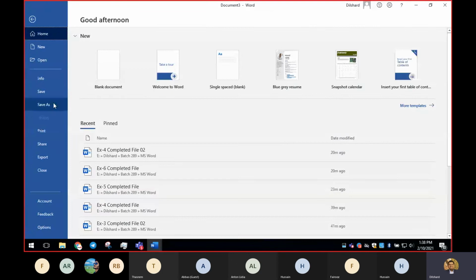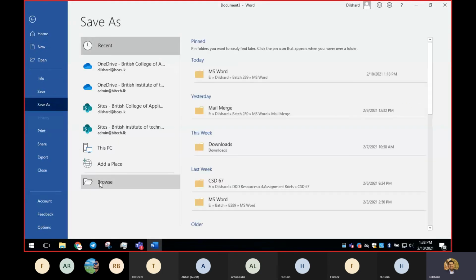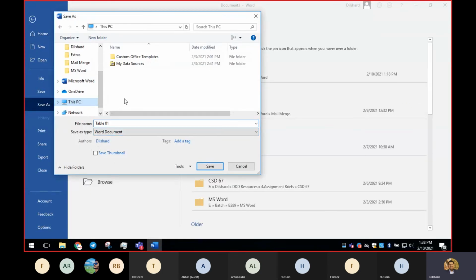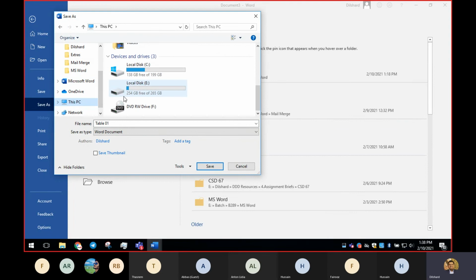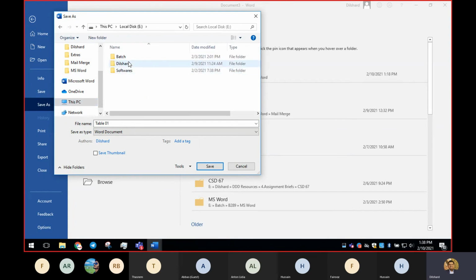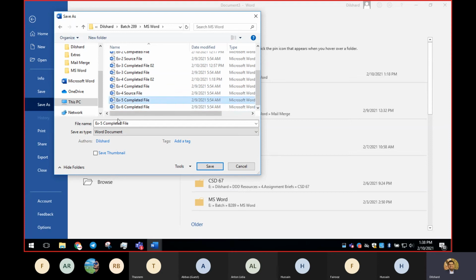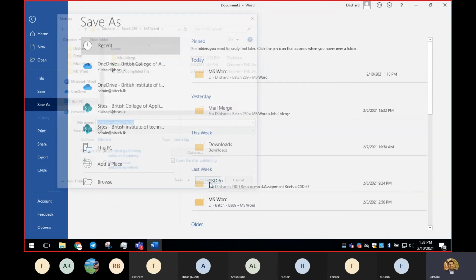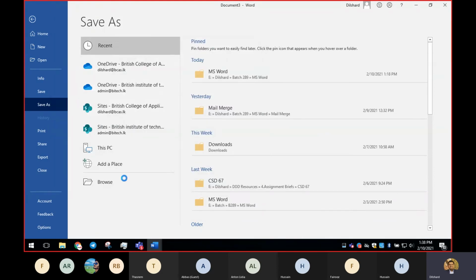I'll go and save this. And since we have more time today, we'll wind up the session. I'll save the completed file as 2, and I'll send you the source code, or else I'll save this as PDF and send it to you so that you can easily refer.